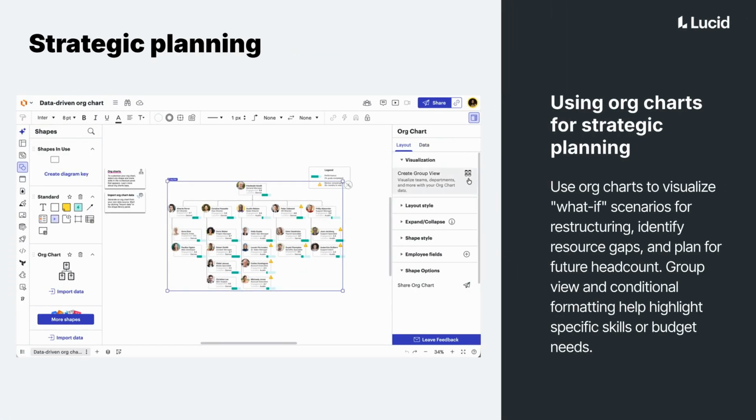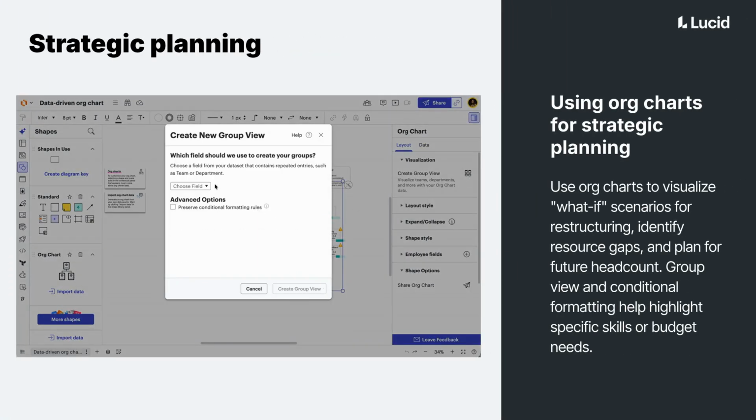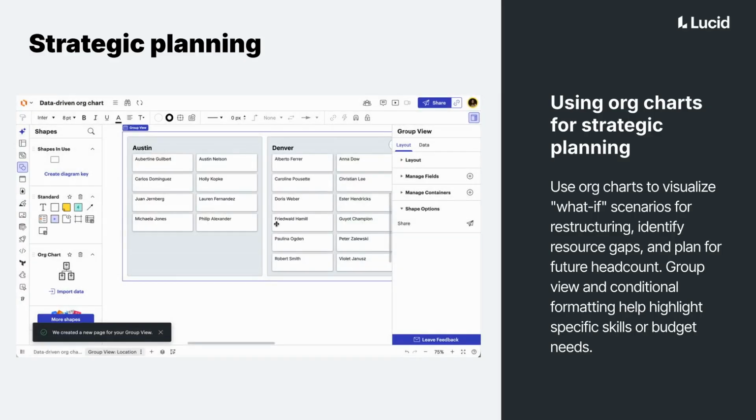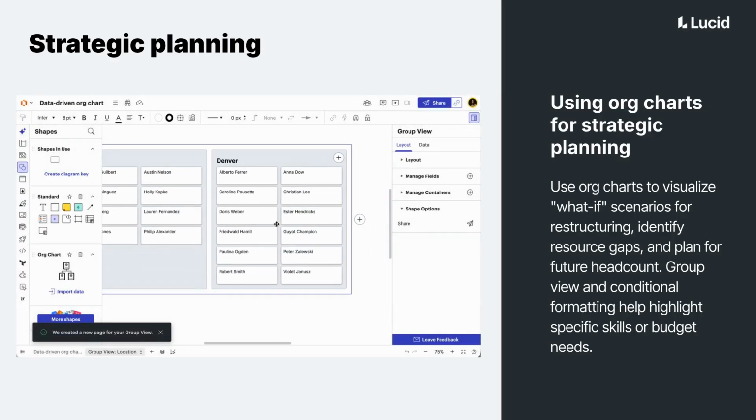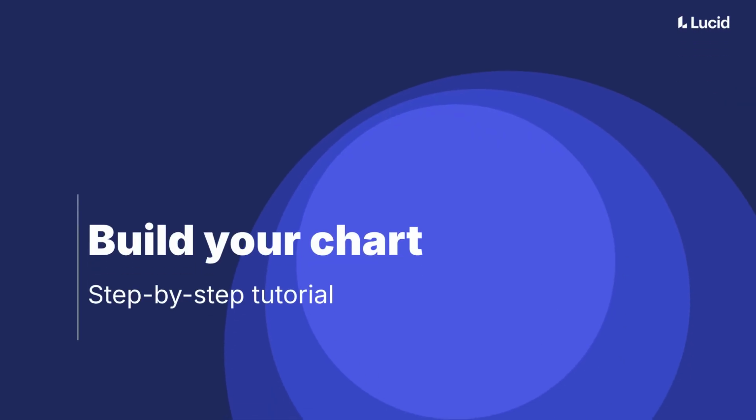Using org charts for strategic planning allows leaders to visualize what-if scenarios. You can identify resource gaps and plan for future headcount by seeing the entire organization in one view. Now that we understand the foundations, let's jump into our step-by-step tutorial, how to build an org chart using the